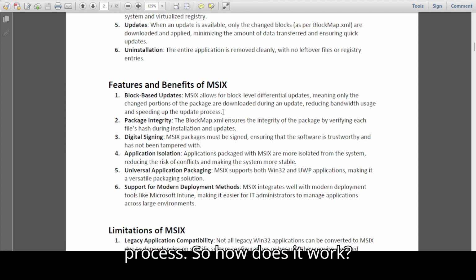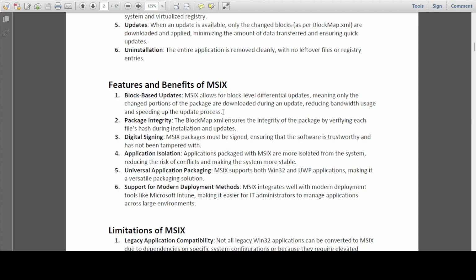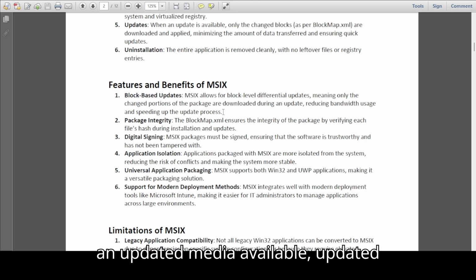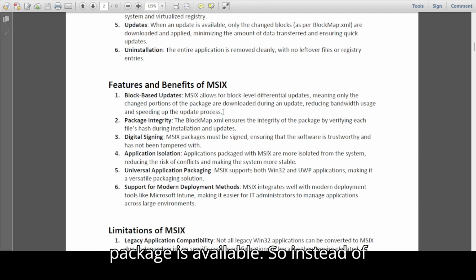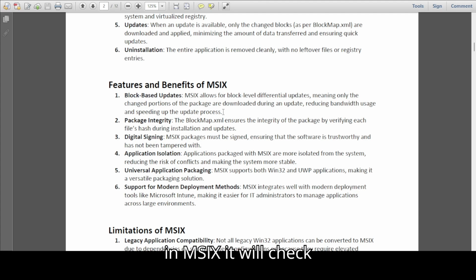So how does it work? Suppose you have an application installed and it has different files. Every file has different blocks, which are 64 KB in size. Now there is a new source or an updated MSIX package available. So instead of downloading the complete content, as was the case in traditional applications, here in MSIX,